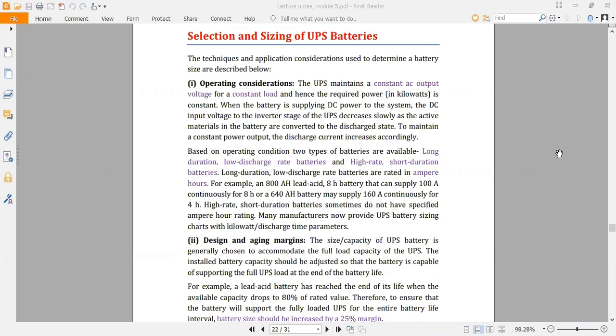Either we can supply with a low discharge rate and that will work for a longer duration, or we can do vice versa. For example,